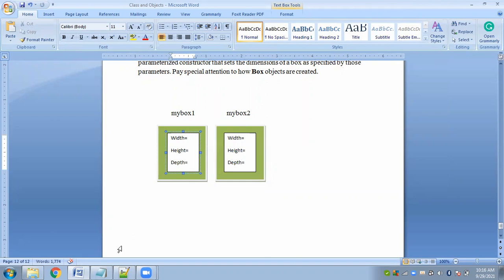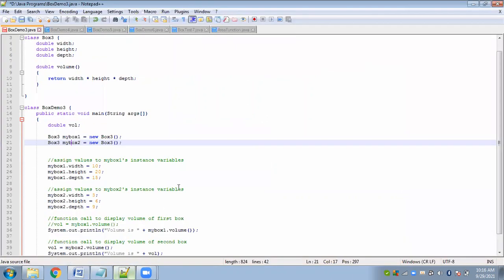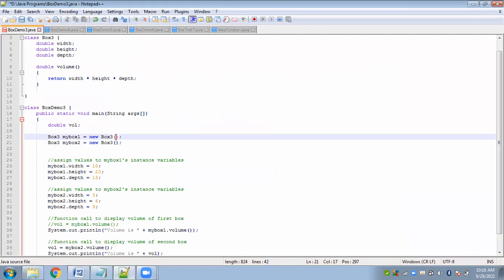And initially, because we are using a default constructor here, it will contain some default values. Any random values it can contain. It can contain zeros also. As you can see here, we are not passing any values. This is a default constructor. If your constructor has no parameters, it simply means it's a default constructor.